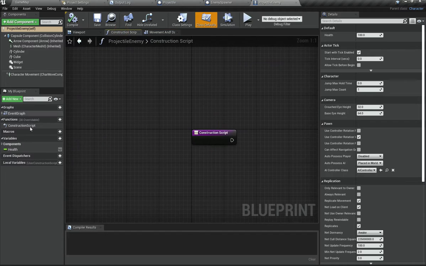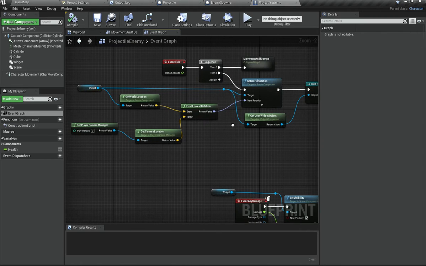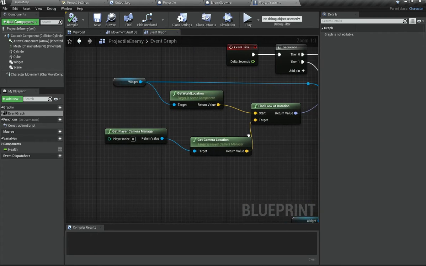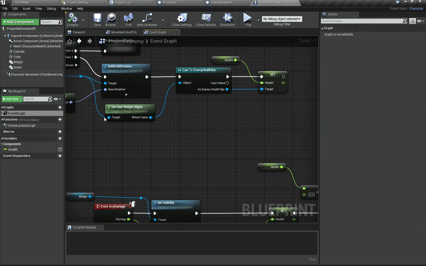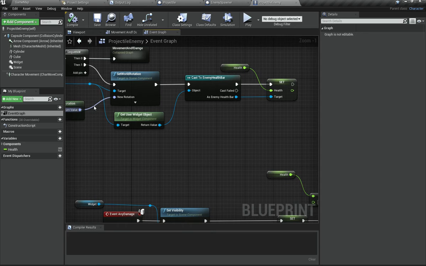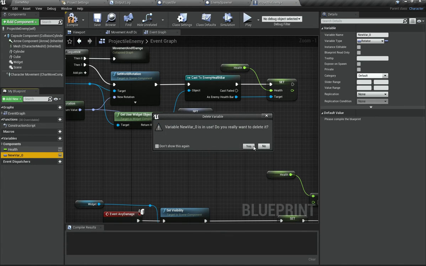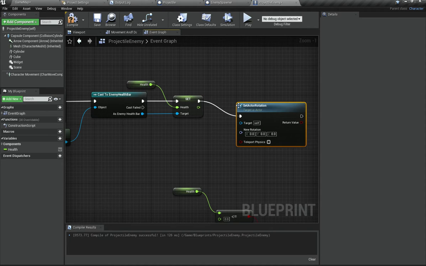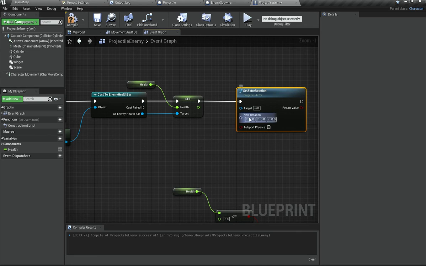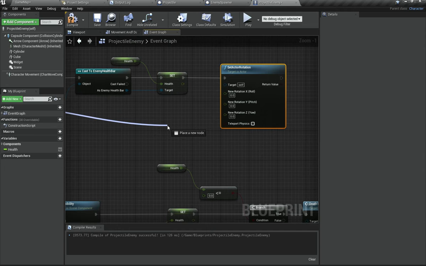For this, first of all, I'm going to go under my event graph, then go under here where we are setting the world rotation. I'm going to take this and move it, and say set actor rotation. For the new rotation we are going to right click here, split struct pin, which gives us 3 values, and then I'm going to take this and split